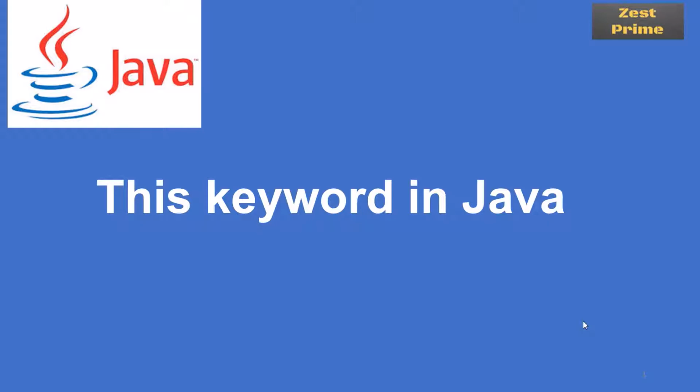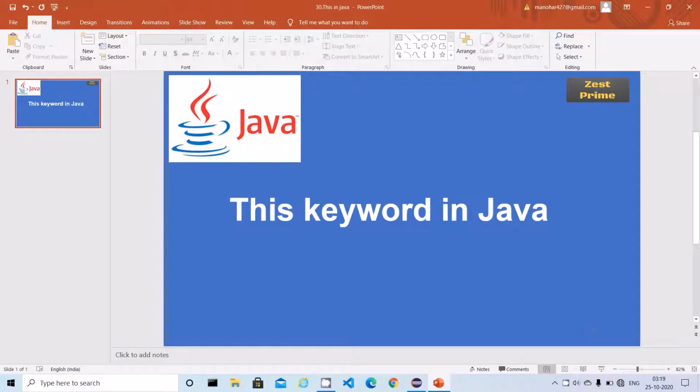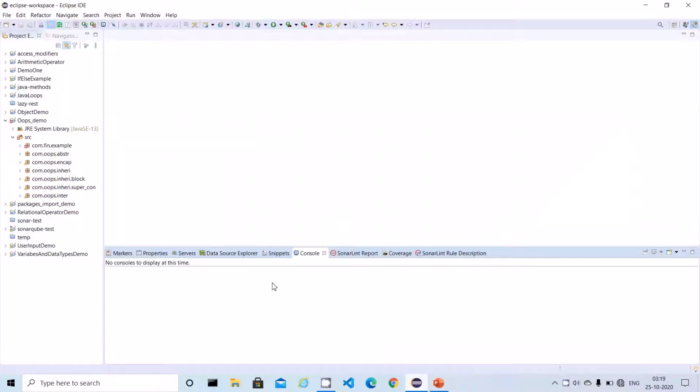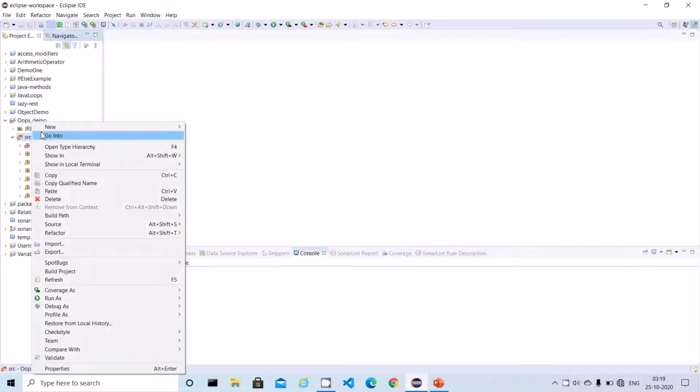So basically, the this keyword will work on the current object where we are working, and it mainly works on the variables, methods and constructors of an object or of a class. We can discuss almost 7 scenarios regarding the this keyword, and with the help of an example we'll be understanding all these scenarios one by one. First let me write a simple Java program, then we can understand all the scenarios related to the this keyword.